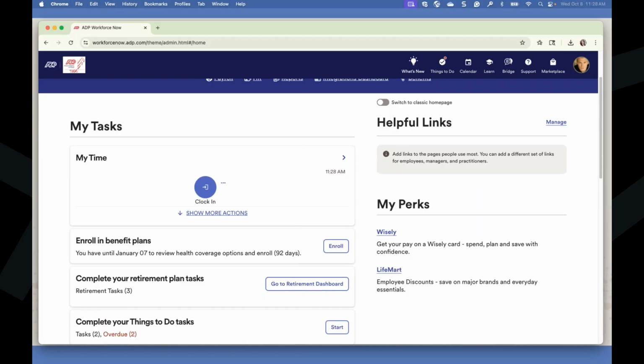So I'm just going to go ahead and log into a little iPad here that I have. So bear with me 1 second while I log us in here. All right. So here in a second, you're going to be able to see my little iPad up on the screen.